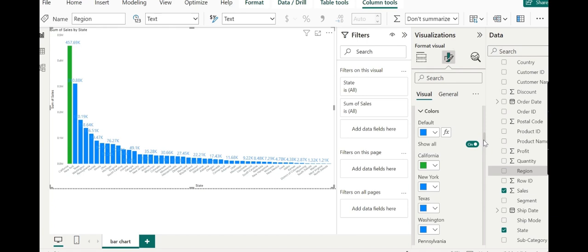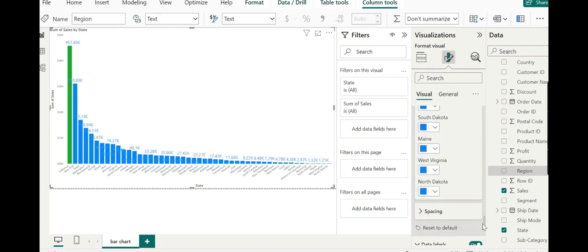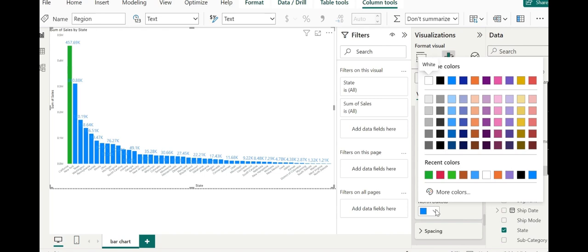Now I will scroll down and change the color of the lowest bar, that is North Dakota, this last one. Now I will select here and change the color shade.